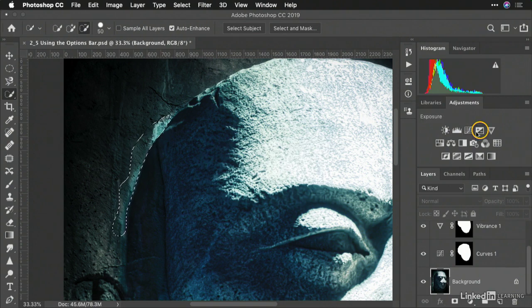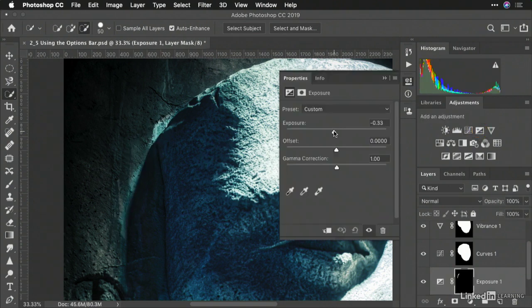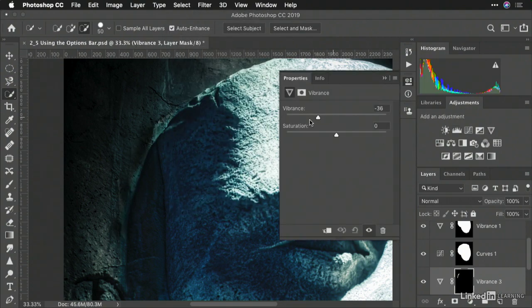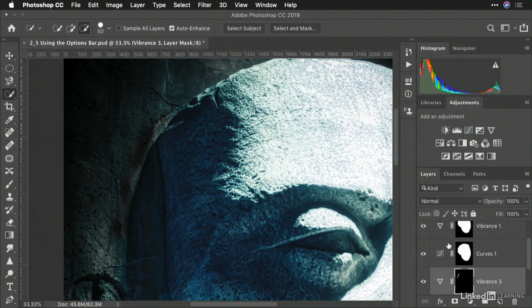and knock that down with a simple exposure adjustment, like so. Select, reselect, and knock down the intensity of the color. And it pulls that down further. All right,